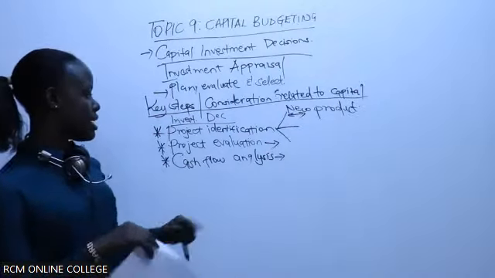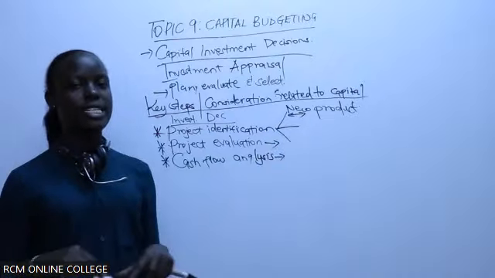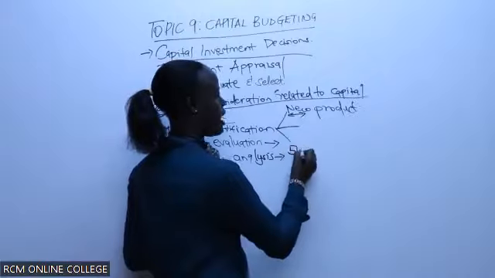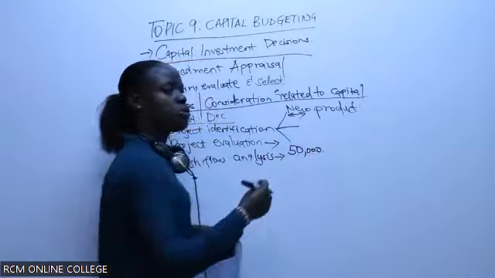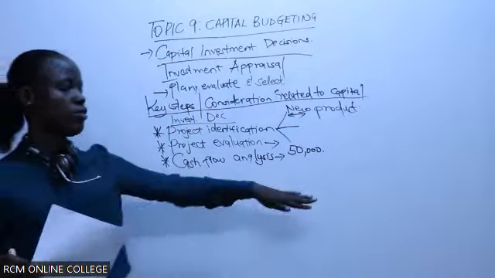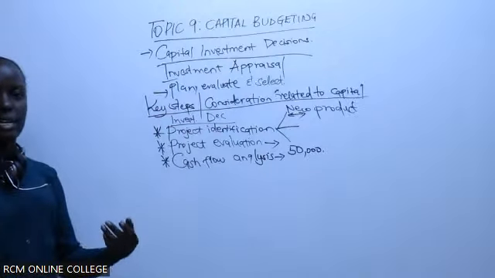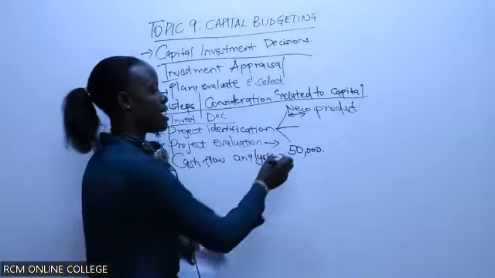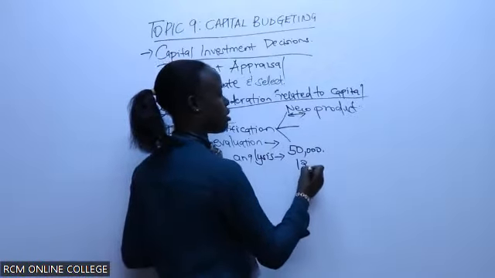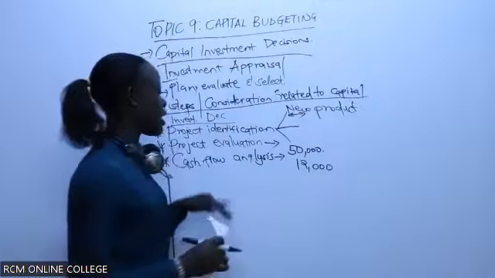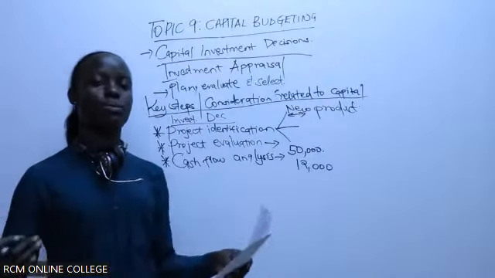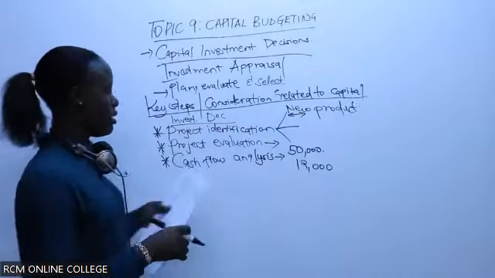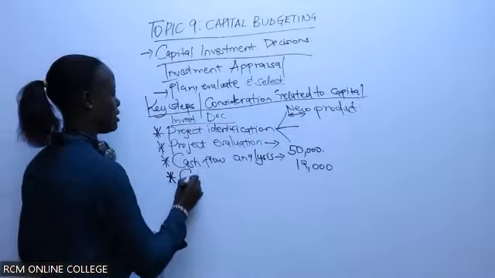For instance, can we say that this project, during the first year, can give us a cash inflow of maybe 50,000. And maybe in the next year, this cash flow might increase to even 100,000. But in some cases, this cash flow can even go beyond. Maybe the first year you get 50,000, the coming year you get 12,000. So no wonder you have to do a cash flow analysis for you to be able to predict whatever might happen in future. Now, after the cash flow analysis, you'll go for the capital budgeting technique.